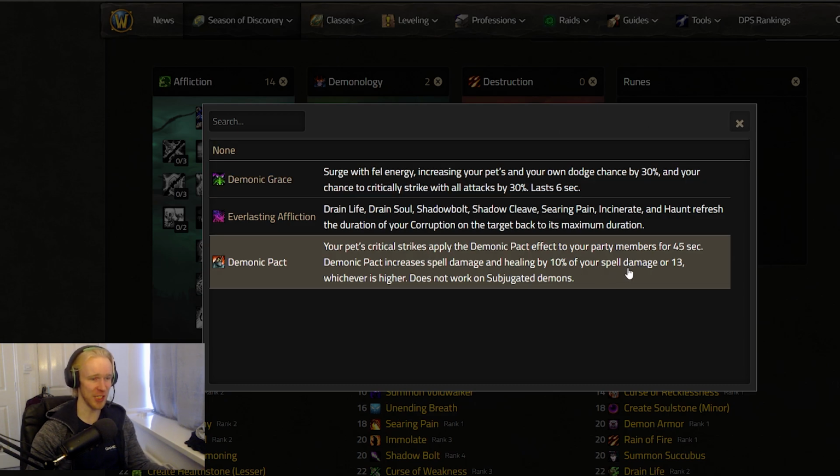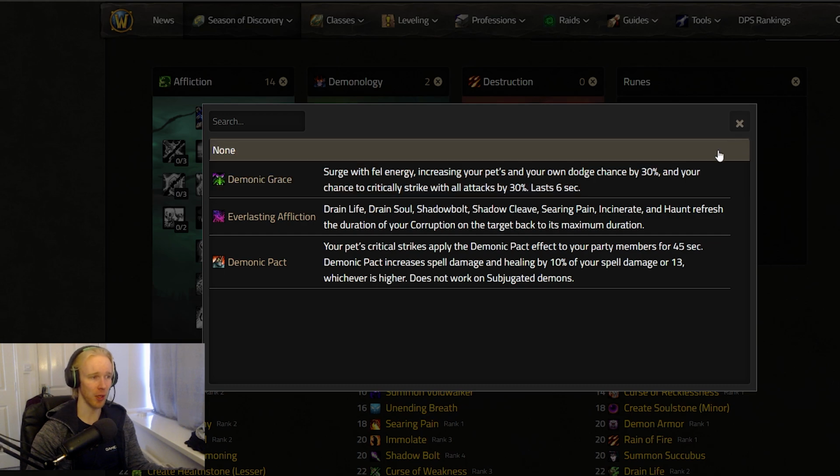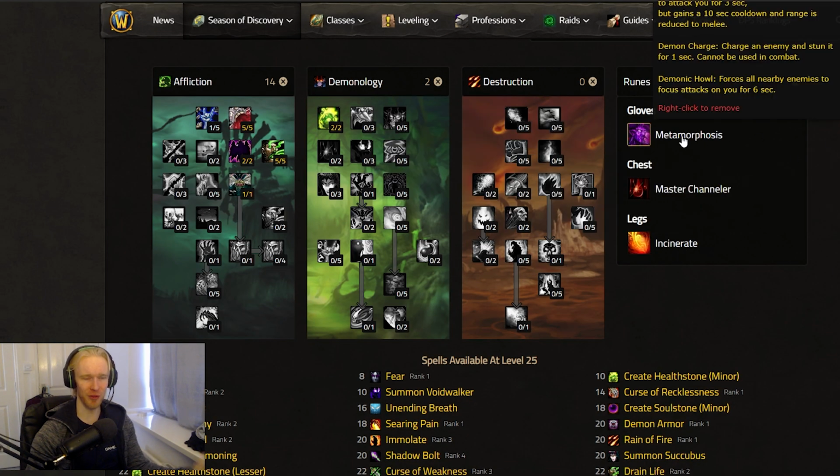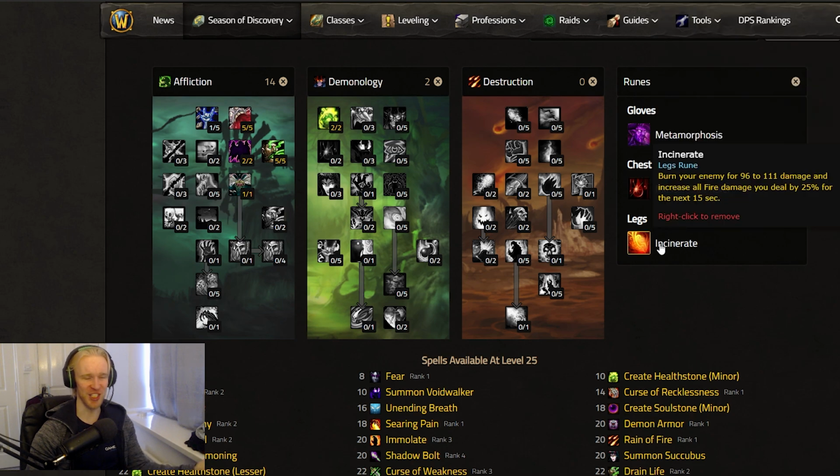Demonic Pact is definitely interesting, but it's only your pet's critical strikes applying Demonic Pact to your party members for 45 seconds. So that's the extra spell power buff. In large scale PvP, your pet is probably just going to die a lot, and so yeah, that's going to suck quite a bit. I feel like as long as you are running Metamorphosis, by the way, Incinerate is kind of